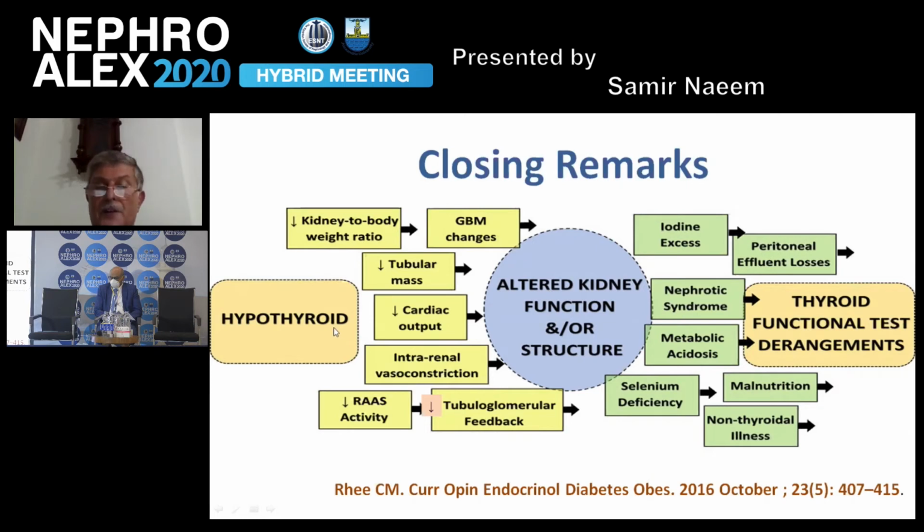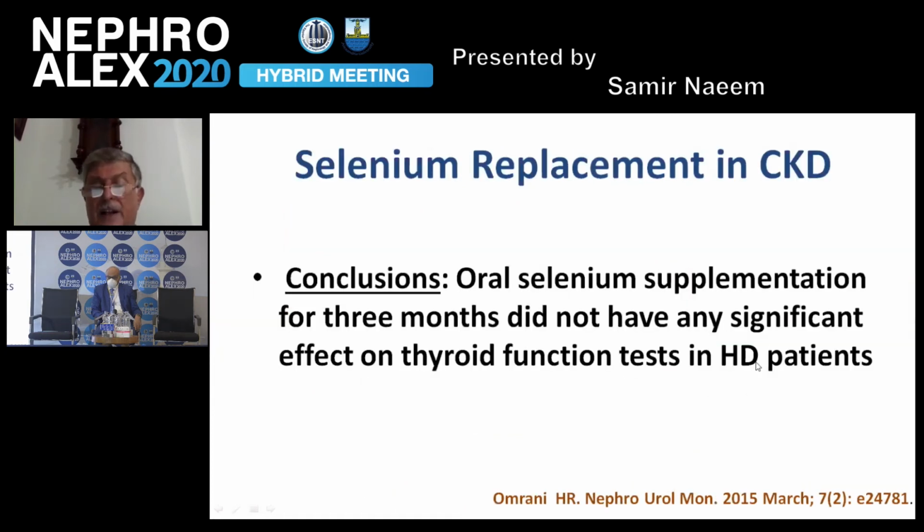by treating hypothyroidism. On the other hand, chronic kidney disease can be associated with non-thyroidal illness, a little bit of elevation of TSH and low T3 and T4, and you can lose thyroid hormone in peritoneal loss and in nephrotic syndrome, and this has an important clinical implication because in these patients, you need to give them an extra dose of thyroxine if they are on thyroxine treatment. Again, kidney disease can be associated with true hypothyroidism due to iodine excess or selenium deficiency, but this selenium role is not very clear because a recent publication showed that oral selenium supplementation did not have a significant effect on thyroxine